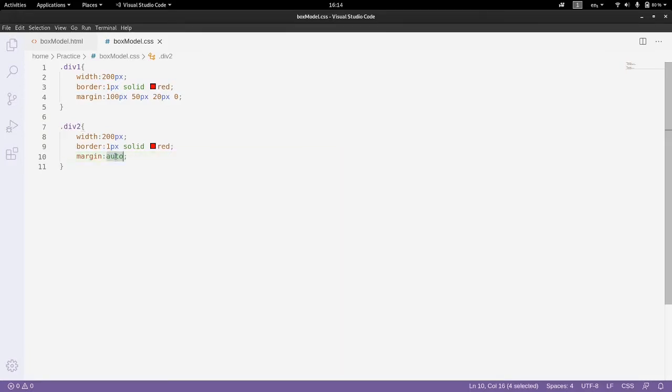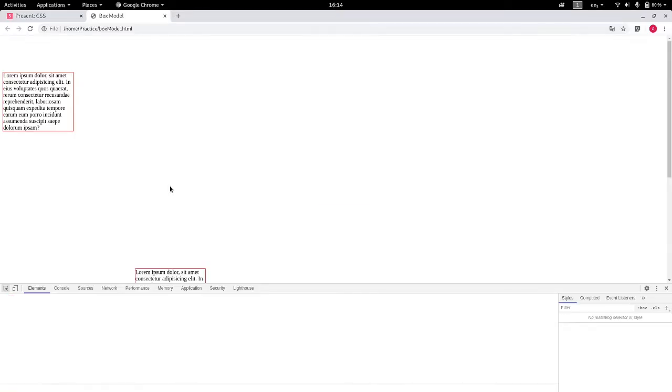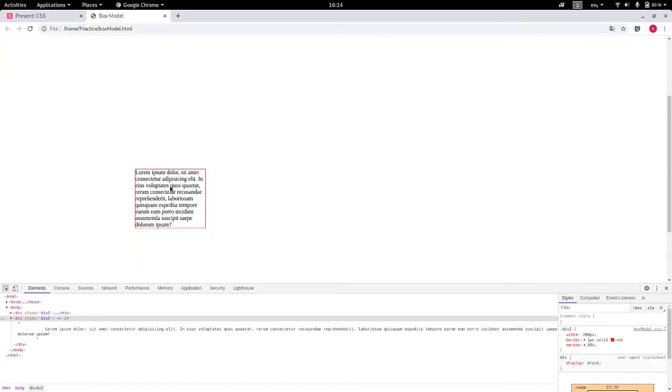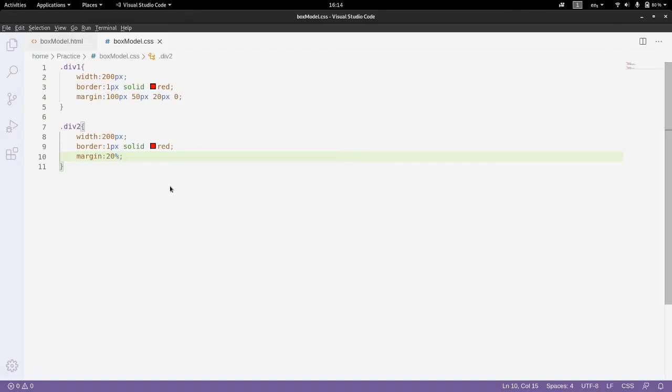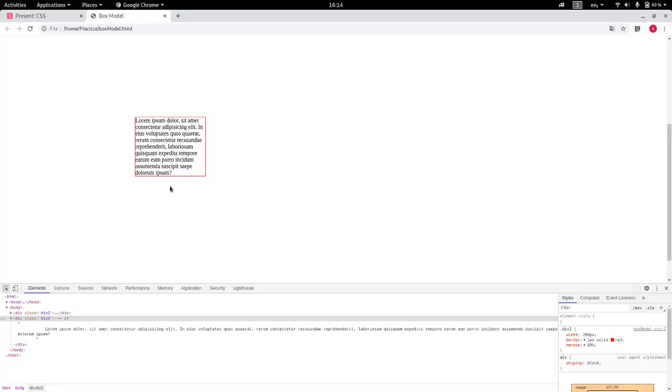Okay, we can also pass values in percentage like 20% or 50%. The margin will be set according to the width of the screen. So yeah, you can see over here this 20% is just too much, let it be 10%.